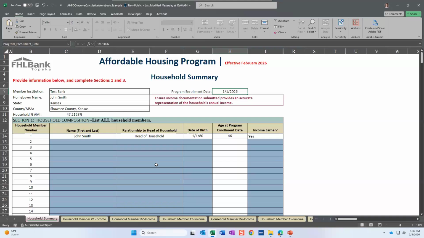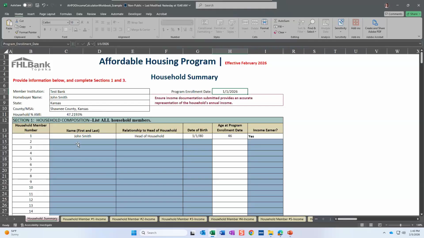This is to make sure that, again, we're doing a consistent income calculation and making sure all those household members, all their documents are at a similar time frame. So we're looking at income in one period of time. We don't want one pay stub to be dated in January of 2025 and another pay stub dated 2 weeks ago. So that doesn't give us a consistent idea of what the household's income looks like at a specific point in time. So please, please, please make sure that your income documents are dated correctly based on your enrollment date. There is information in the guide as well about this enrollment date if you would like to read a little bit more. And again, if you have any questions, please let us know.